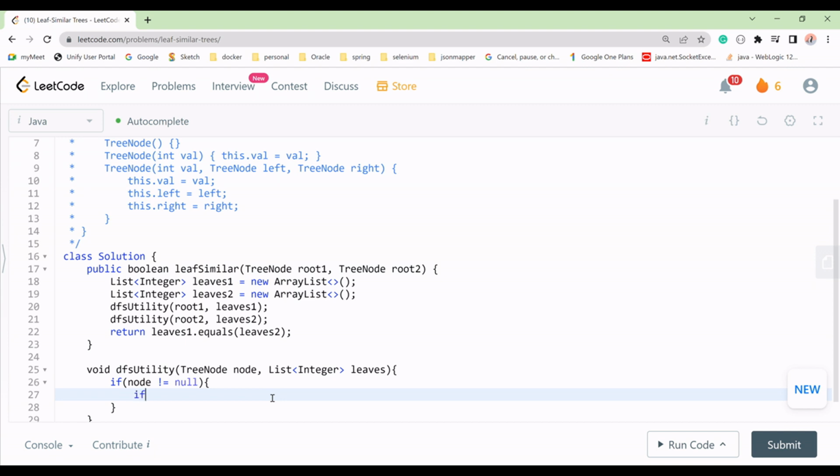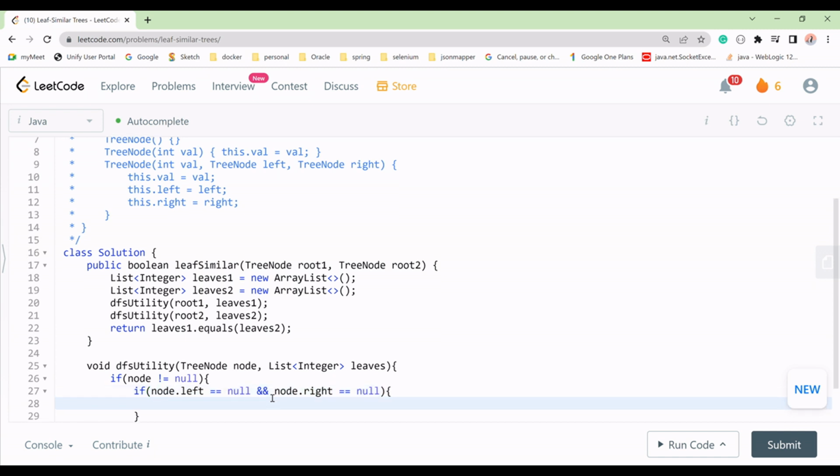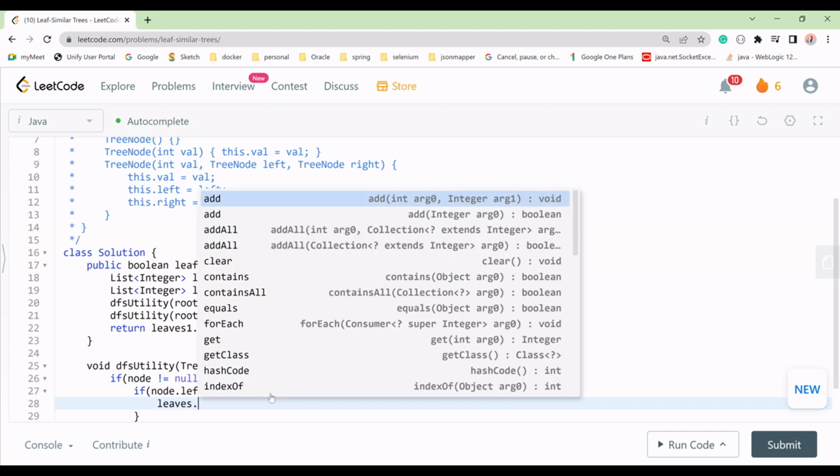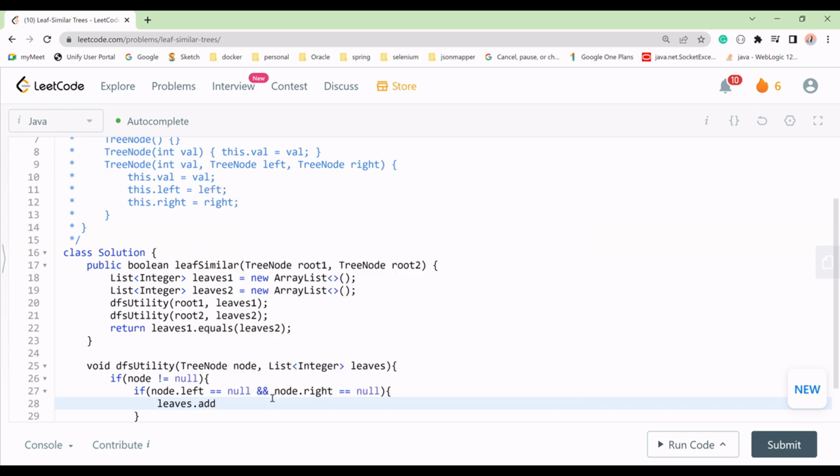So if the condition is that node is not equal to null, then we will check node dot left equal to null, and node dot right equal to null. We have checked both, right. Now in this condition we will add leaves dot add, correct, add method, and then we will add the node value,